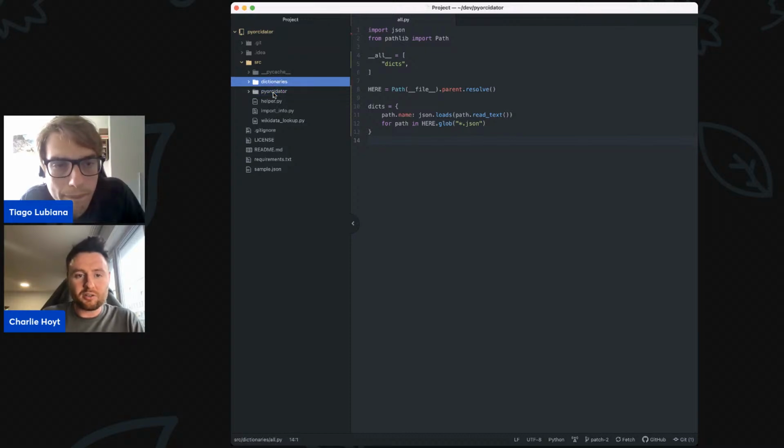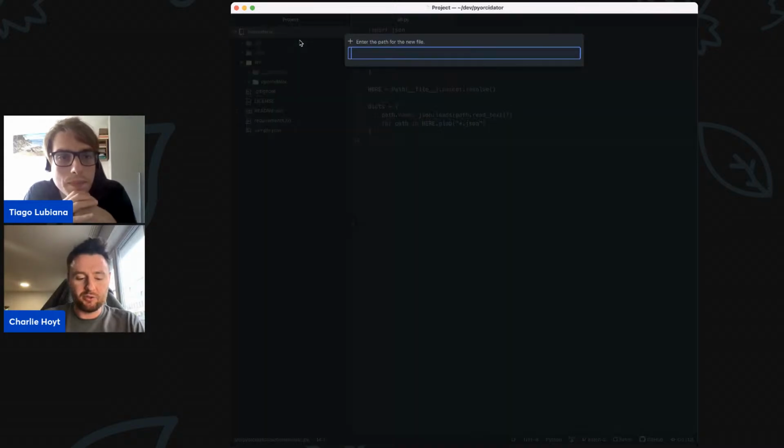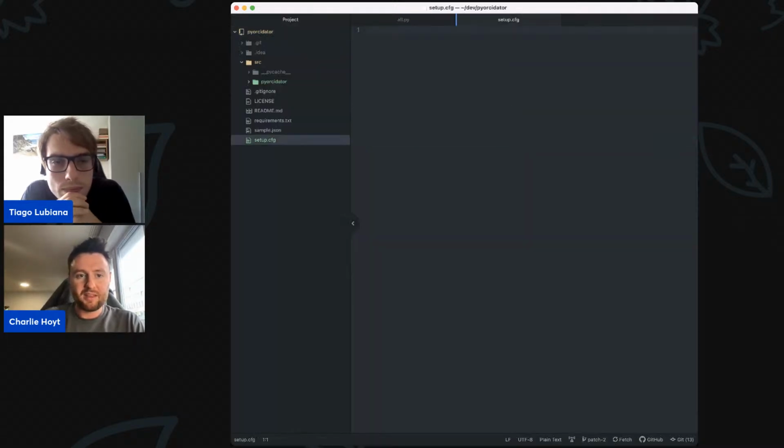Okay, so I'm just going to take all the stuff that's in here and stick it in there. Just simple copy paste. We don't have to change any of the code. Then we're going to add a new file. We need two files right now to make this all work. We're going to do setup.cfg and